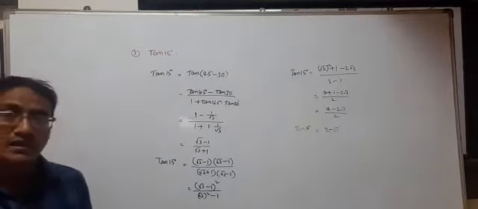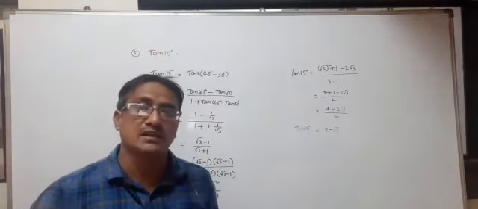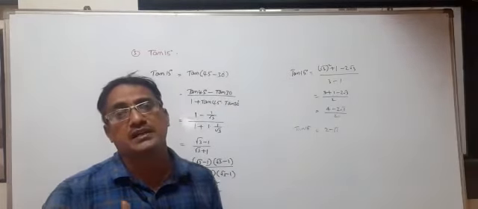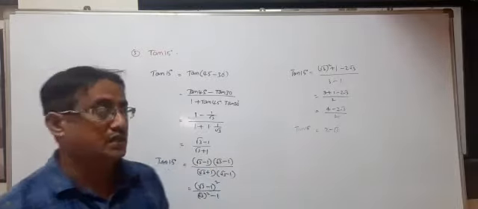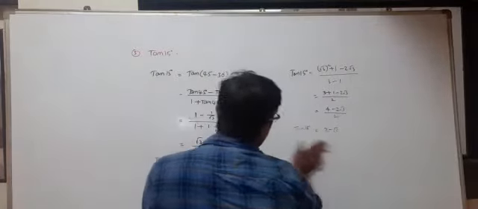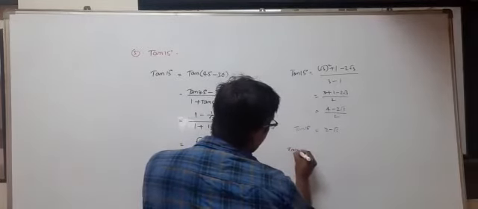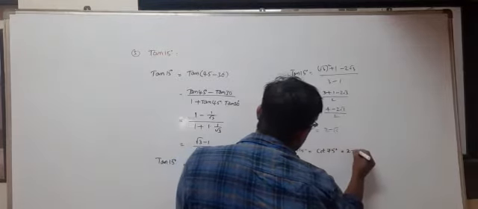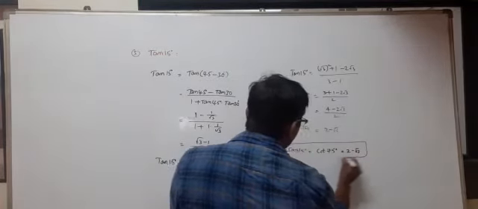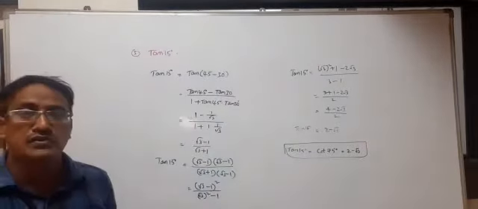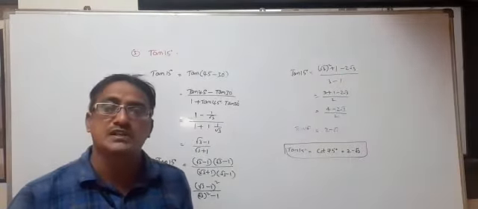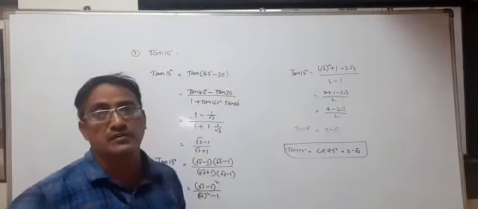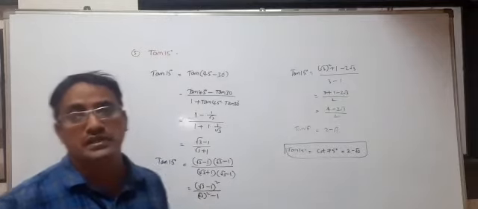Now tan 15 degrees can be written as tan (90 minus 75) degrees. Now we know that tan (90 minus theta) is cot theta. So tan 15 degrees can be written as cot 75 degrees, which is equal to 2 minus root 3. Very important formulas. We use these values in solving problems in EAMCET or JEE also. So tan 15, cot 75, both are equal to 2 minus root 3.